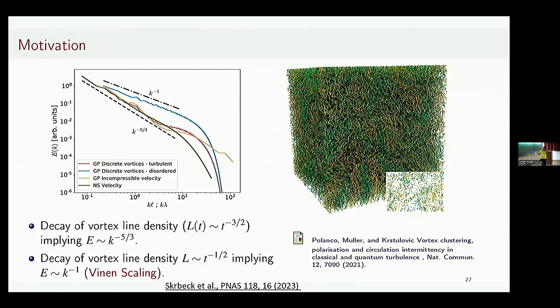Like here, one result is with the Navier-Stokes equation, and then they consider the GP equation and simply consider the initial condition as discrete vortices which are randomly organized. In other cases, the vortices are disordered in nature. And then they also solved the hydrodynamic equation corresponding to the GP equation. The interesting result was that if the vortices, all the